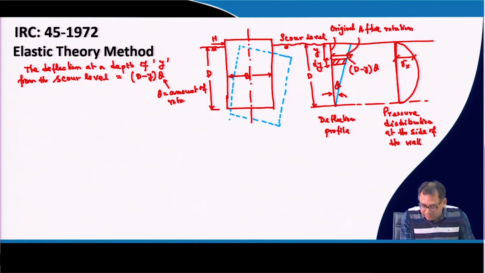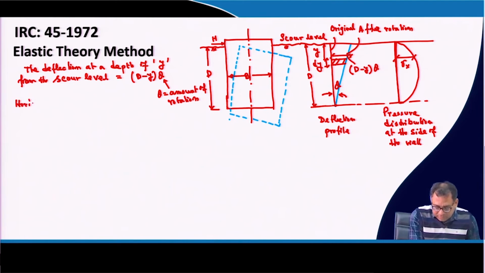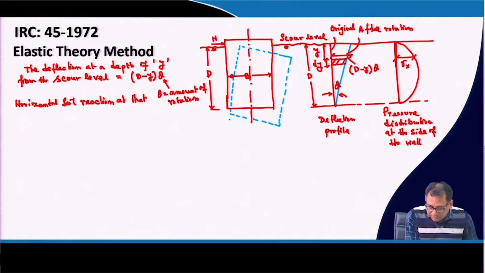Now, the horizontal soil reaction at that depth, that sigma x, will be equal to k h into d minus y theta